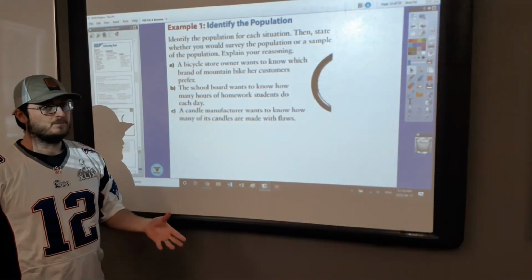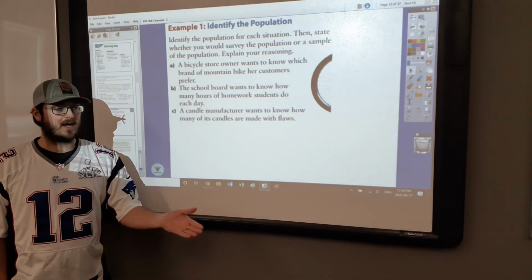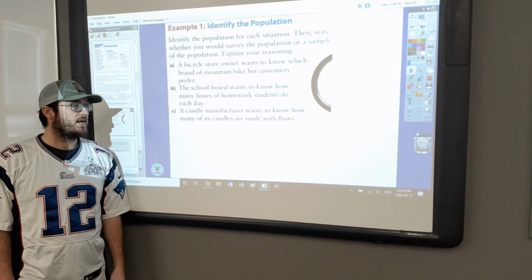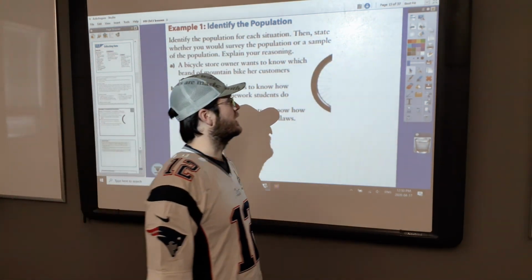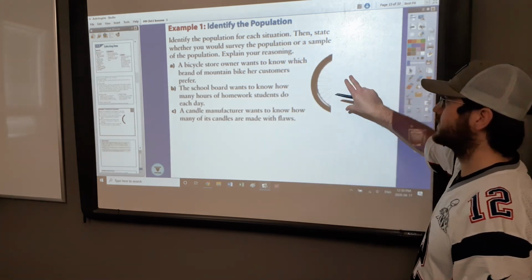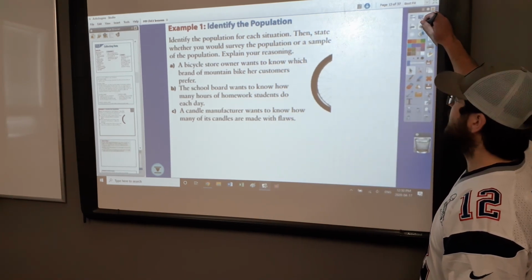Sample a few. But if you were a small time manufacturer and you did it for fun once in a while, you might check every single one of the candles you made and make sure they're good, right? So it's kind of tied to how big and how easy it would be to actually